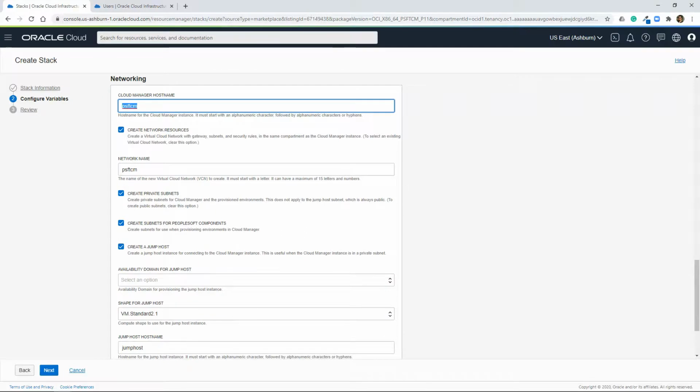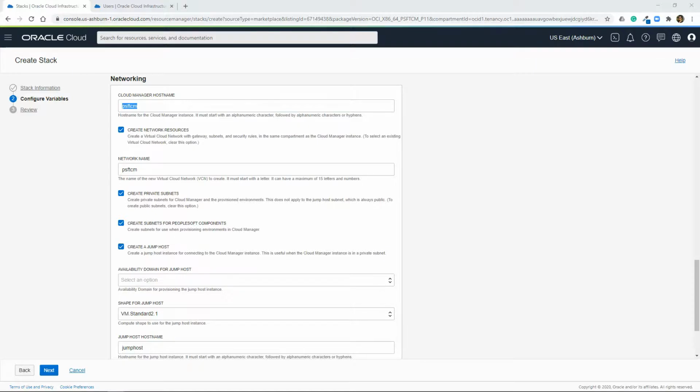Now it's time to configure networking. Networking defines the rules on how to assign IP addresses to our compute resources as well as how to secure our compute resources. Right out of the gate, we have some default configuration. We can change them as per our need. For this demonstration, I'm going to configure our Cloud Manager in the most unsecured way just to make it easy for us.